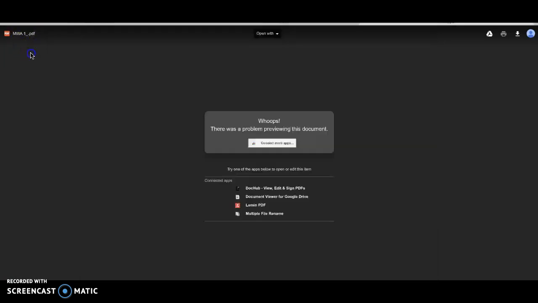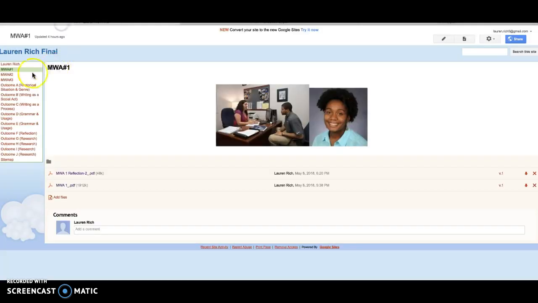Now I'll take you through my MWA2. Oh, and also one more thing: because I uploaded it down here, this space was open, so a suggestion was for me to add pictures. So I added a picture of someone who isn't Dada, but this is what it kind of looks like, the student success manager and the setup, with the athlete and the manager talking out schedules and stuff, and then here's a picture of Dada.